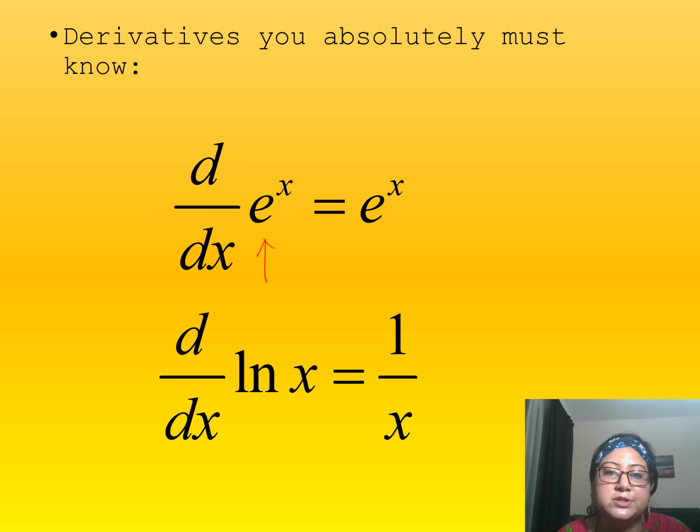Whatever you do with it, it is not going to be changing. So when you take d by dx of e to the power x, an easy trick to remember is that it is going to be the same function. Nothing changes in e to the power x, and its derivative is the same function. Finally, with log x, where we have the natural log ln x, your derivative is going to be just the reciprocal. You take 1 over the function x which is mentioned.